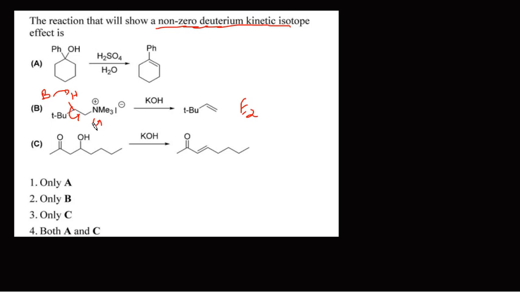So due to this, since the CH bond abstraction is involved in determining the rate of the reaction, if we replace it with deuterium, obviously the rate of the reaction would slow down, because of the reasons that we just discussed in the previous slide. All right, so because of this we will have some kind of deuterium kinetic isotopic effect involved over here. So B is absolutely correct.